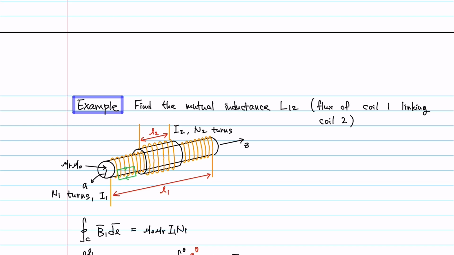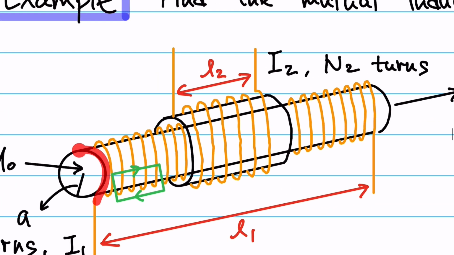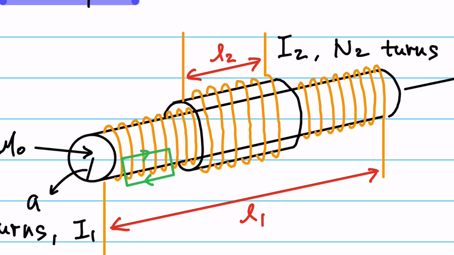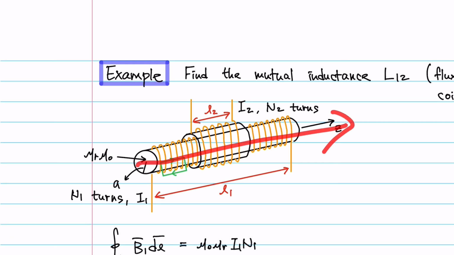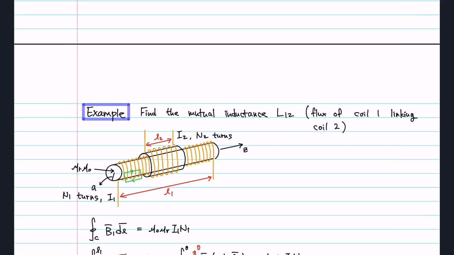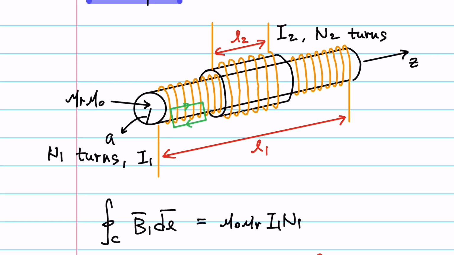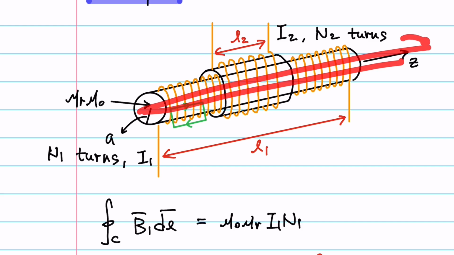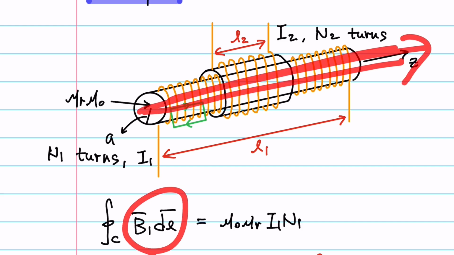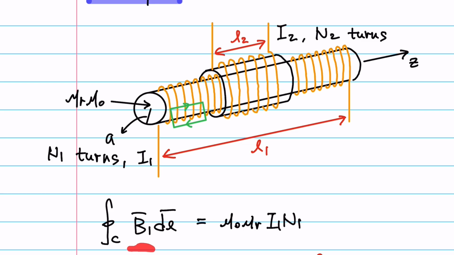So similarly, we're going to apply a cylindrical coordinate system around this cylinder, and this will be the z-axis of that cylindrical coordinate. If you apply Ampere's law and calculate the B field internal, there will be B field flowing inside this core material. So that'll be B1, and dl will be something around this core. And this contour will enclose, well, no, sorry, you can't do that, right? If you have the contour like this,